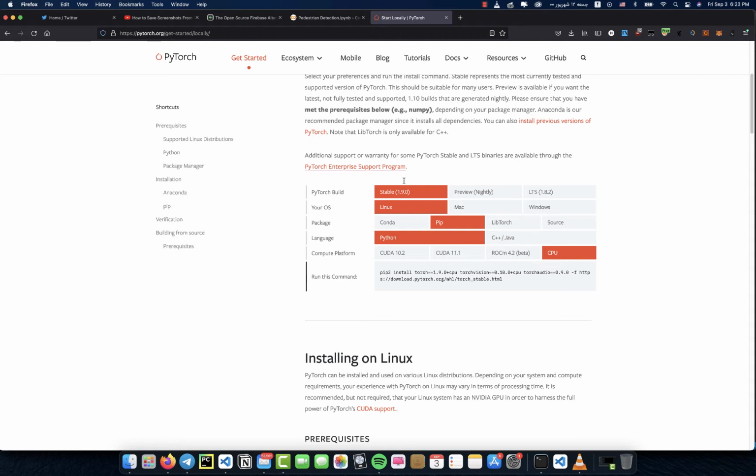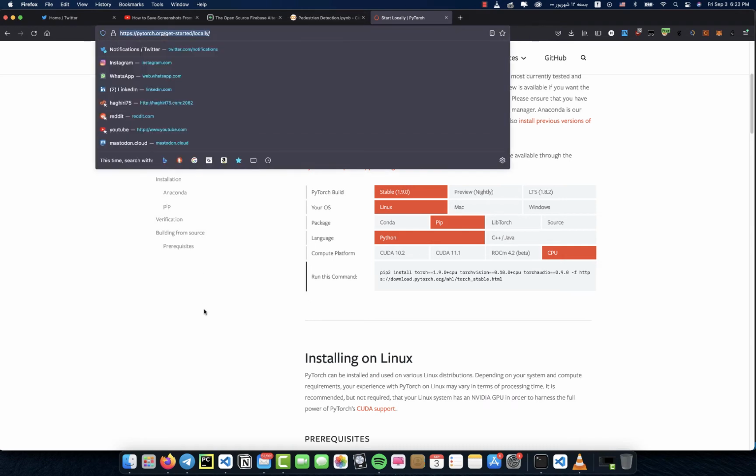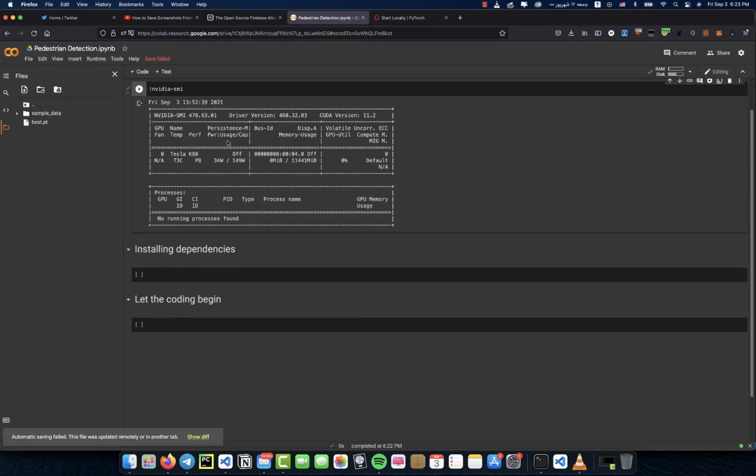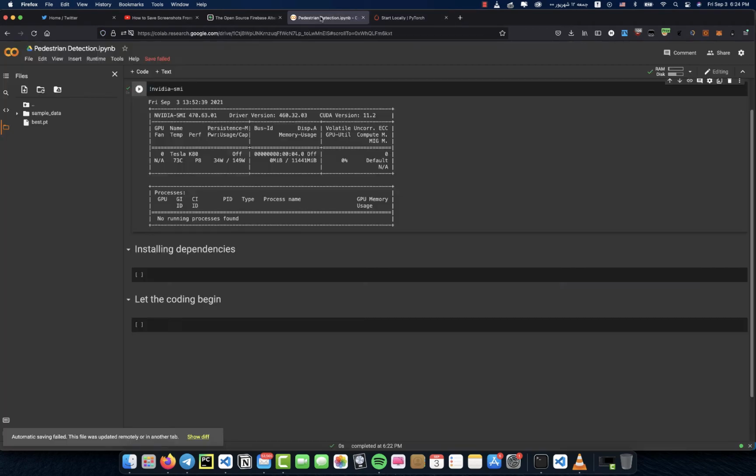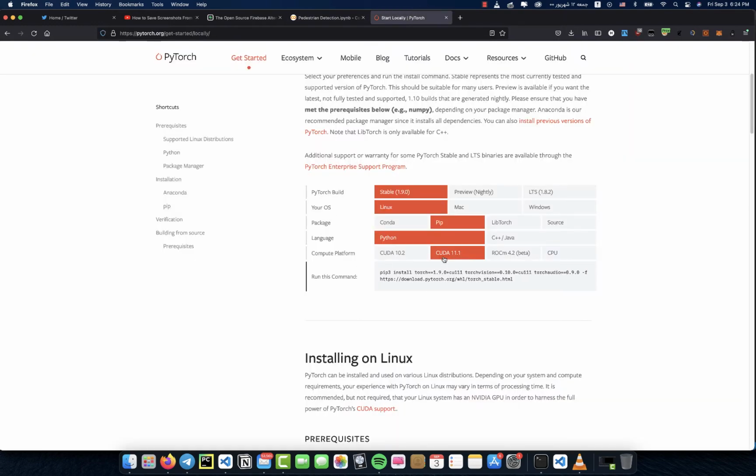I use Linux because on Colab we have Linux, and I use the Python language, not C++, not Java. Okay, I have to find the CUDA version. It's 11.2. So I think we get this one, and let's copy this code